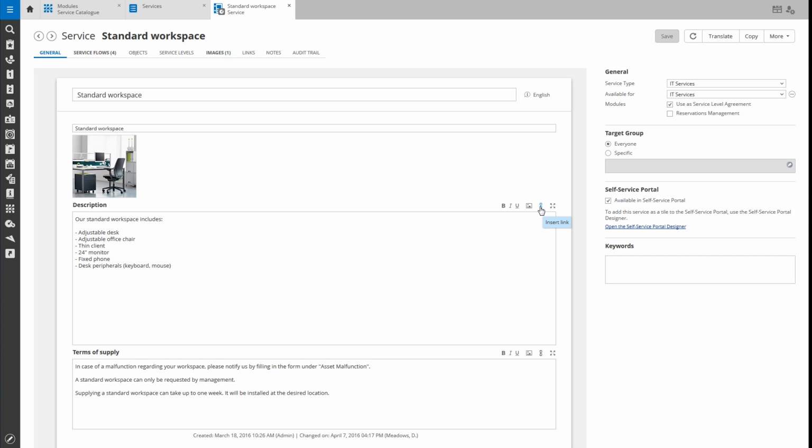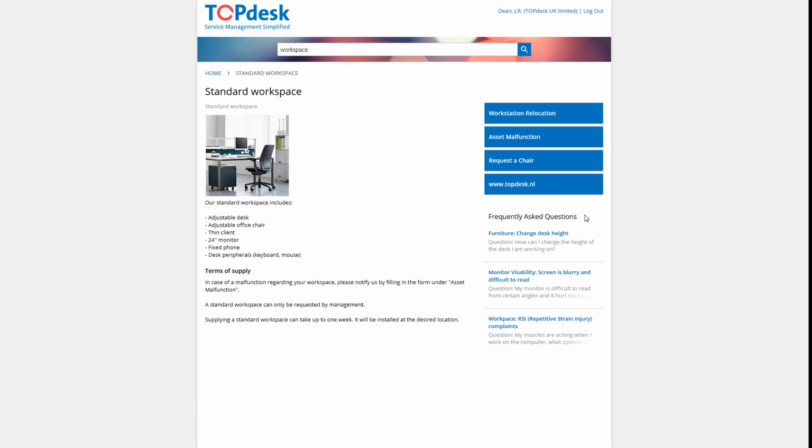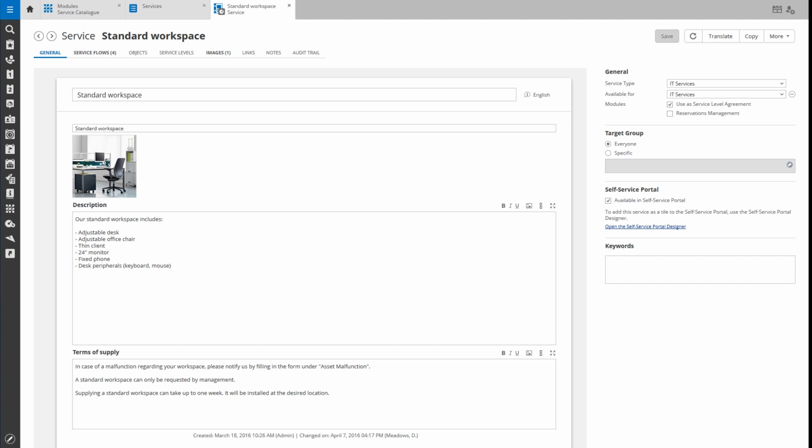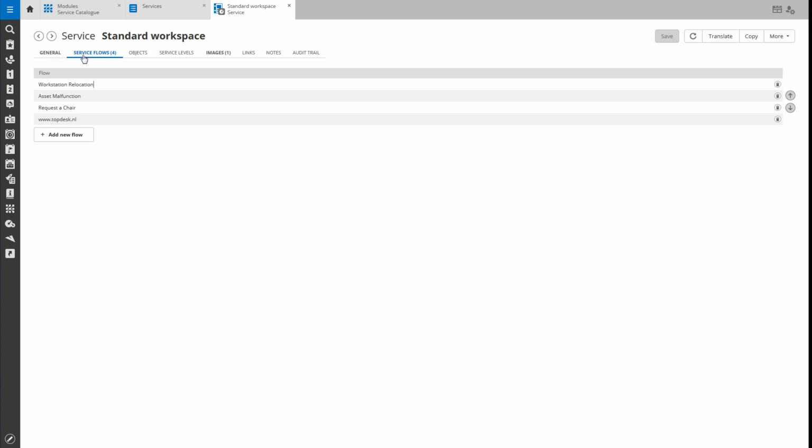In the next step, we choose the type of service and the operator group in charge of the service. Earlier in the self-service portal, we were offered 3 different requests for the Workstation service card, one of them being the relocation request. For each of these requests, we define how we want to process them in Topdesk. For example, as a change request or call. We can use so-called flows for this. We will now see what the flow for the relocation of a workstation looks like.